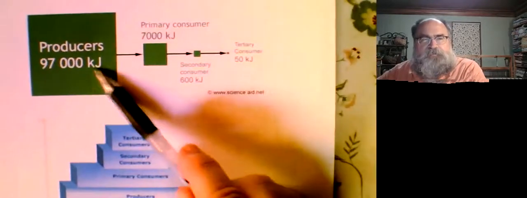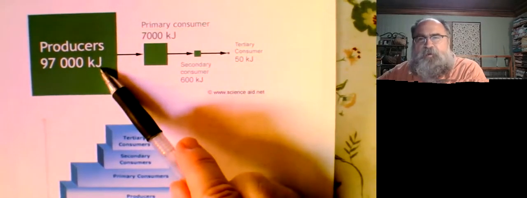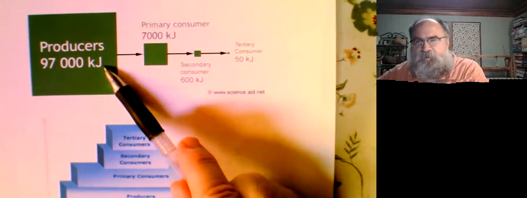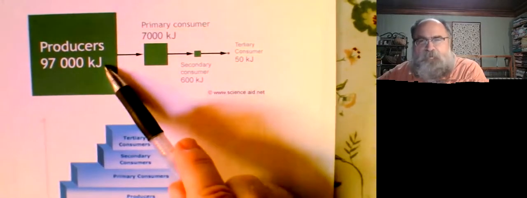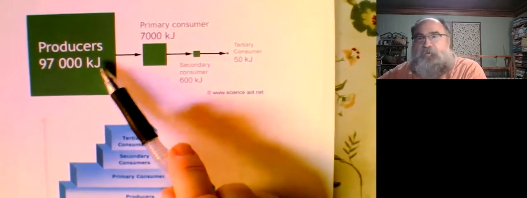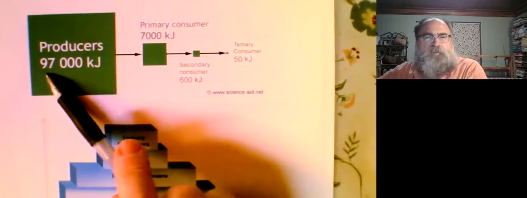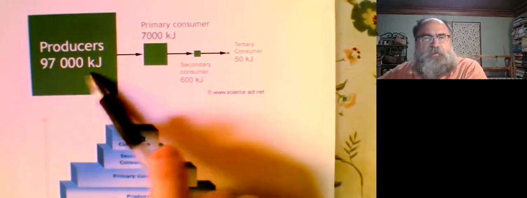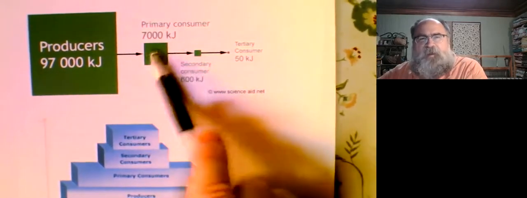And so kilojoules, that's the energy notation of physics type people, the hard sciences, engineers, physicists. They will talk about energy in kilojoules, or, well, joules, kilo for 1,000 joules. And so if producers are making like this many, 97,000 kilojoules of energy, it ends up, here you go,